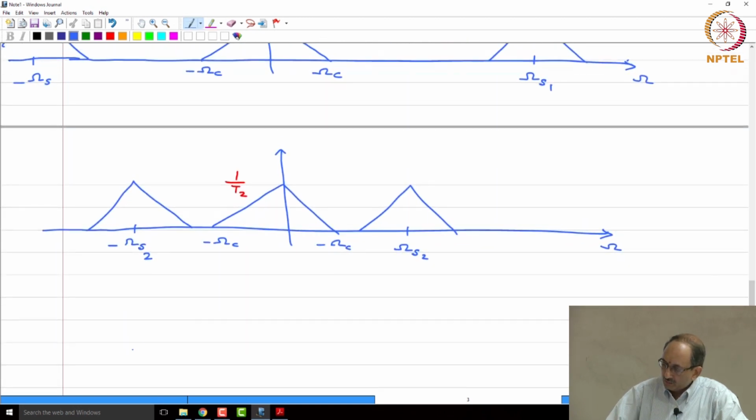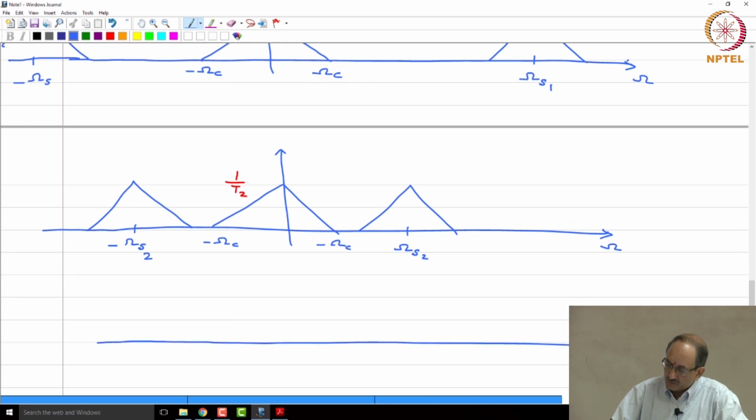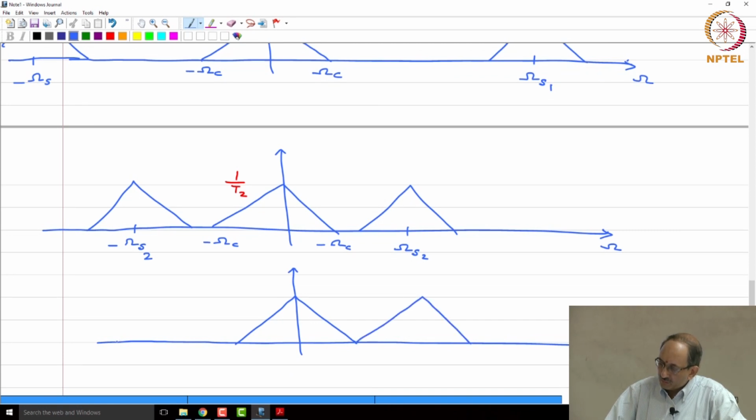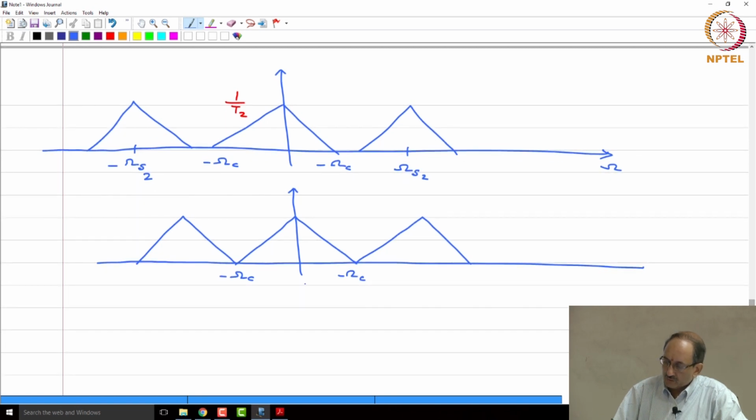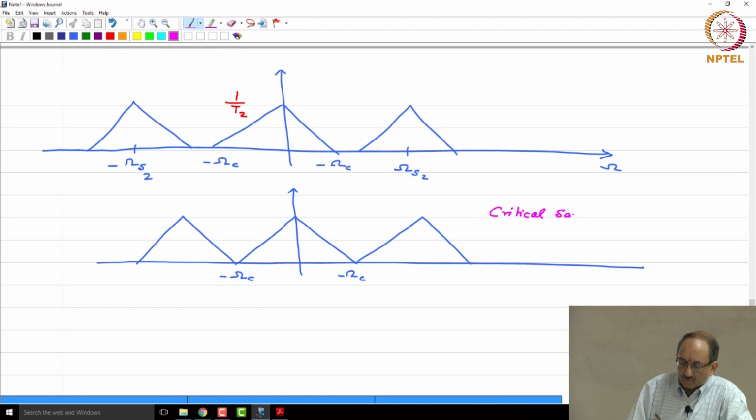And hence, immediately this brings about this picture. So, the repetitions will occur earlier or later depending upon whether the sampling frequency is lower or higher, and immediately you can see that if the sampling frequency is just about what is considered minimum, the repetitions will just abut each other. So, this is omega c, this is minus omega c. So, this is when the sampling frequency is what is called critical sampling frequency, that is they just touch each other,